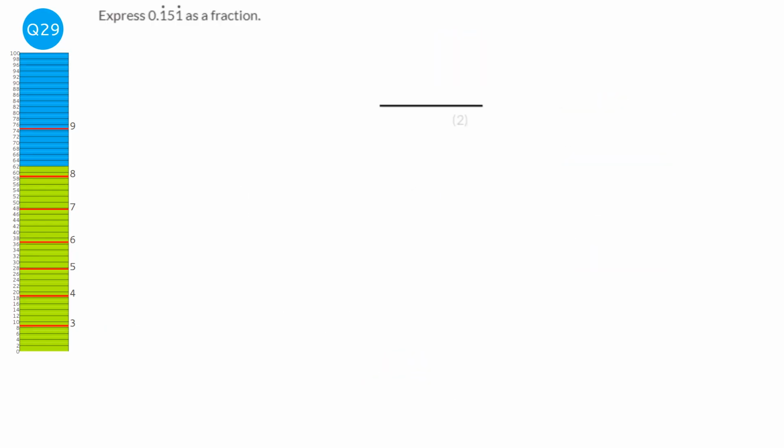I'm going to first of all get x equal to the 0.151151, blah blah blah. And what we need to do is we need to pull all of the recurring numbers in front of the decimal point, or at least one instance of them. So I need to times it by 1,000. So we're going to do that. Times it by 1,000, and we'll get